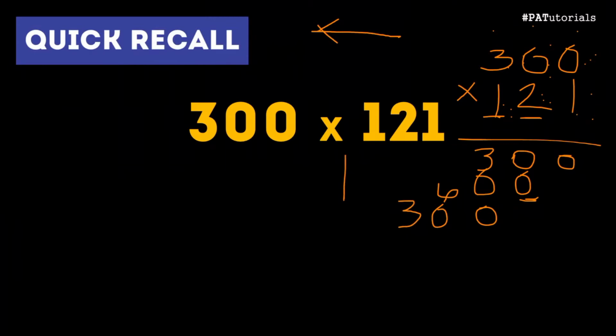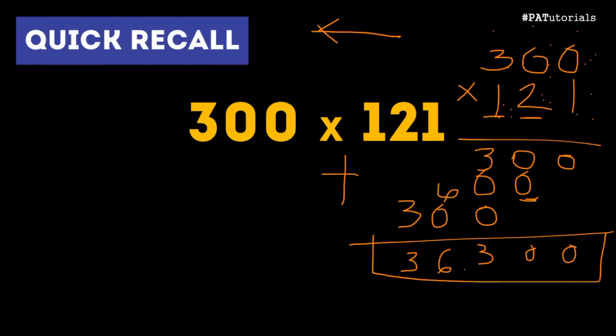So, after nyan is that we're going to add these numbers all together. So, that would be 0, 0, 3, 6, and then 3. Okay? So, that means that our answer would be 36,300. Now, mind you guys, bakit ko to diniscuss is that all of this process is the same process and